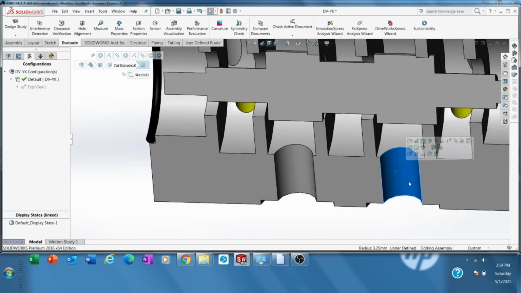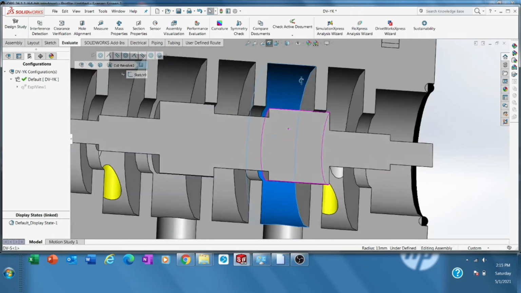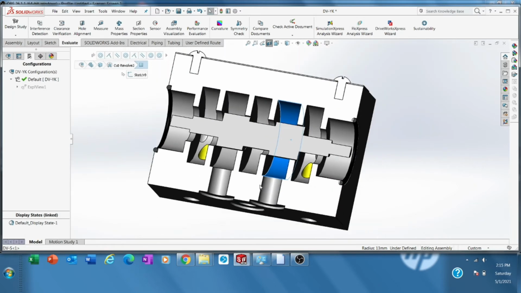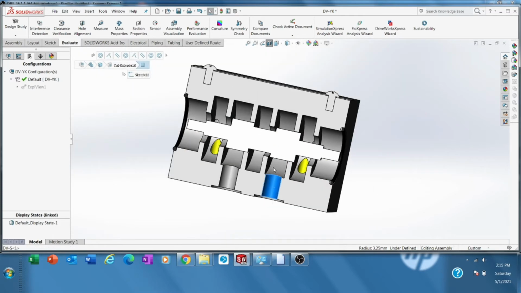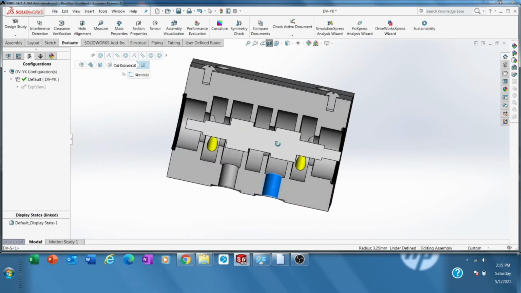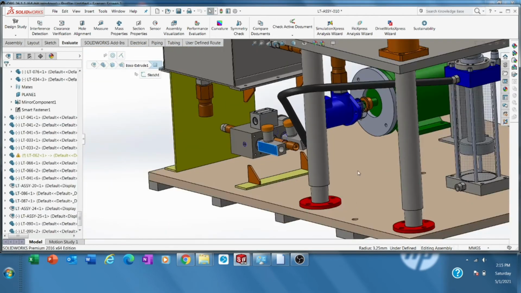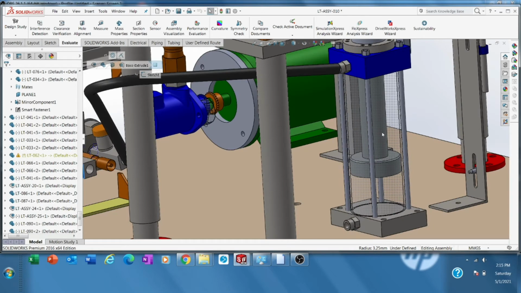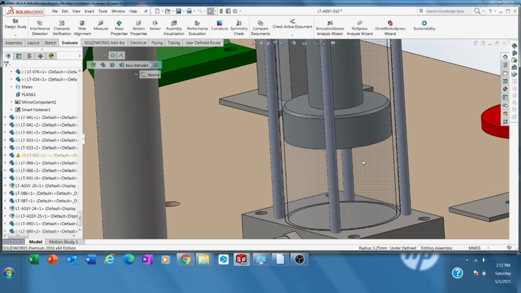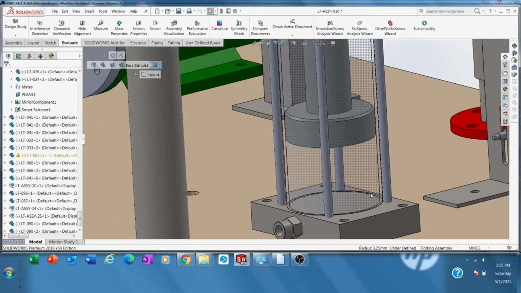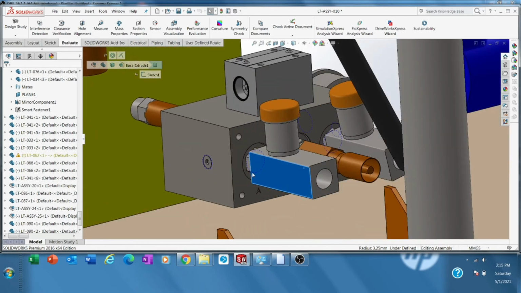Okay, how about this port? This port is a B port, this is A port. Why do we want to talk about that? Because the only way it can move down is if the oil at this port flows to this A port and also flows to other areas. These other areas are the tank area, returning to the tank. If not,